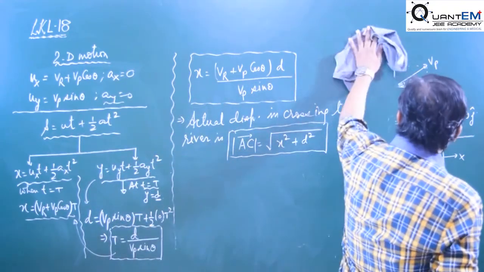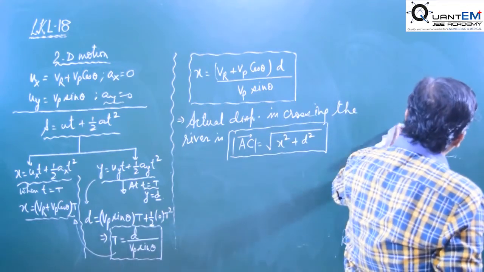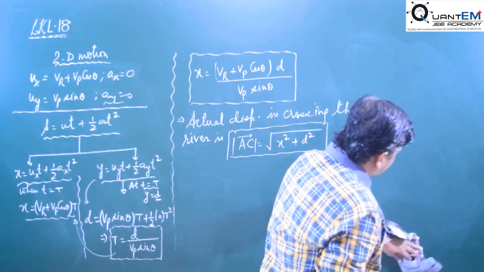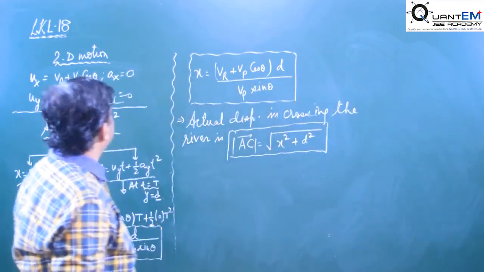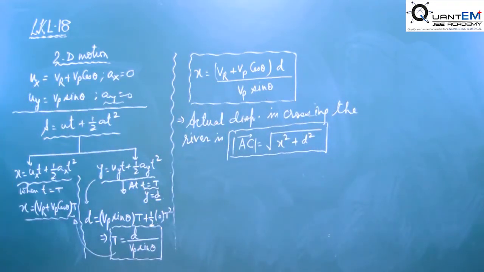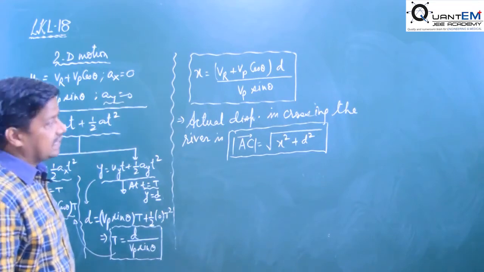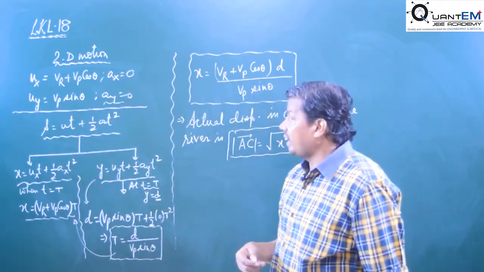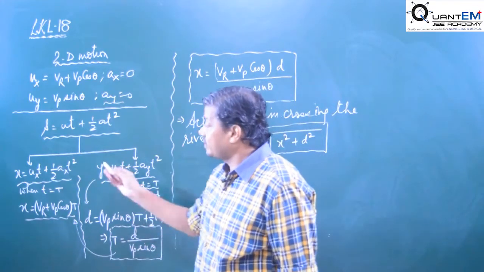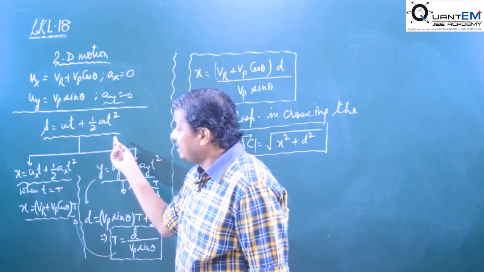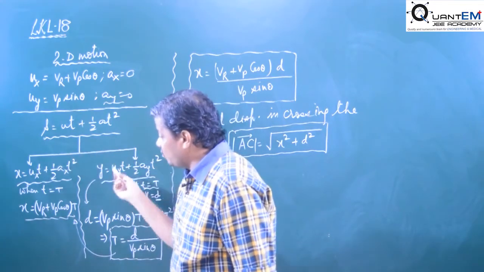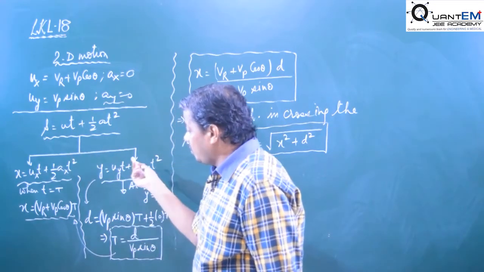now to solve any river problem you may use this concept. Okay, so this one is the general concept for the river problem. So you have to find the resultant velocity along x coordinate, the resultant velocity along y coordinate, then use this formula, s is equal to ut plus half at square. Since the motion is two dimensional, that's why the formula is divided in two coordinates, and from one formula we get time.